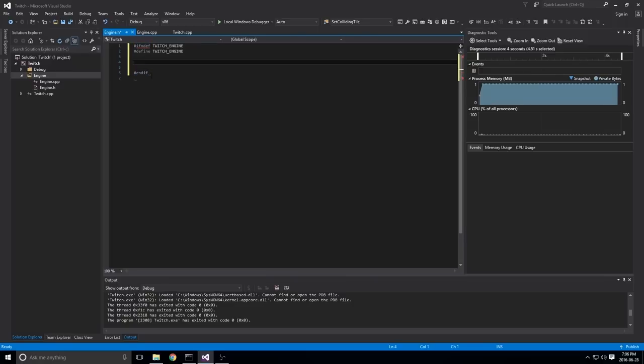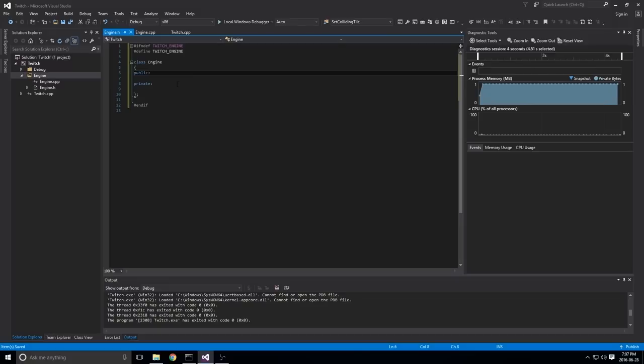So basically what this is going to do is if somebody else includes engine.h, the first time, this won't be defined, so we'll actually go ahead and define it, and then the next time and every time after that, this will be defined. Well, this if block is going to return false, and none of this inside is going to execute. So this way we ensure that it only happens once. And here we can start the engine class. We'll have a public and a private. So the goal here is basically to set up OpenGL, GLFW, and just get a screen going.